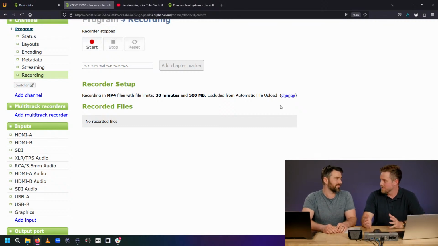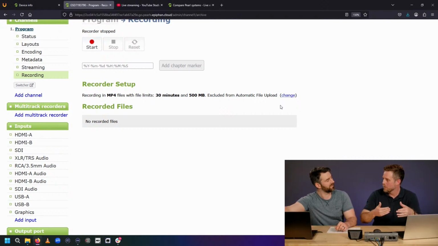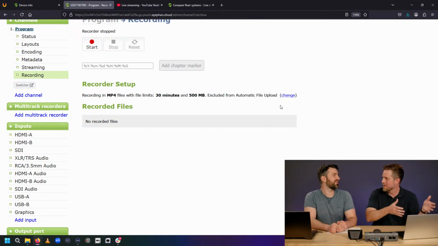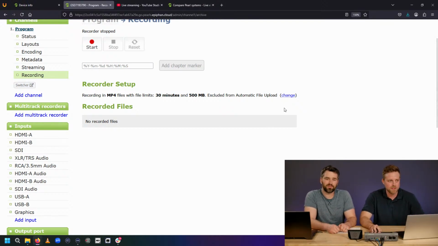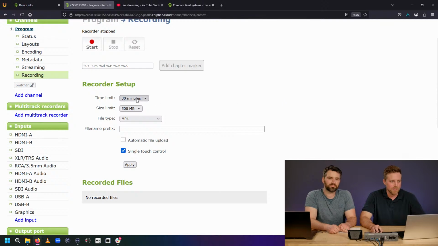The best analogy I use is that it's kind of like my PVR for TV at home. If I record a new series, it's going to record over the oldest thing I have recorded on my television. So let's go in here and make it no time limit on the recording. And then here's where we would choose the file size limit of those recordings. Maybe we'll max this out. We'll go to 64 gig.